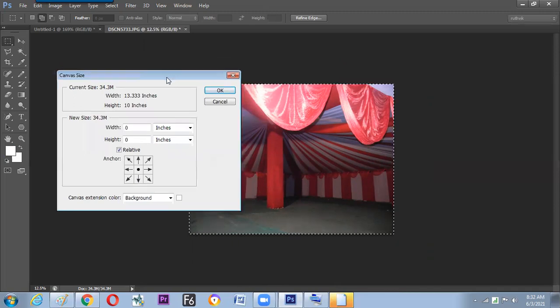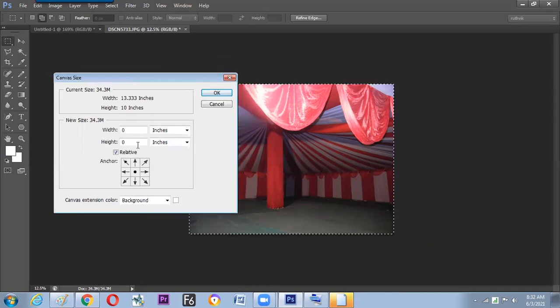Then what to do? Let the image in the middle. If 1 inch gap in all the sides, so we can write 2 inch here. Why? Because in the left side and right side 1 inch will go. Then together in the width 2 inch will grow. Again the height also 2 inch. So what happened? It will increase 1 inch on the top side, 1 inch in the downside.